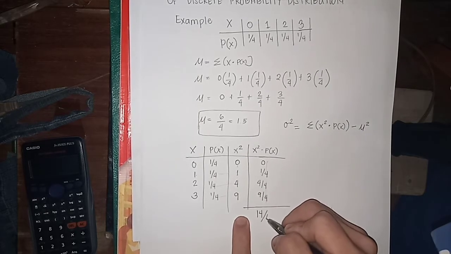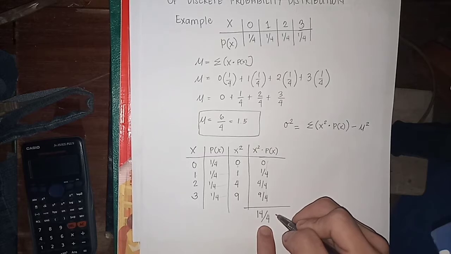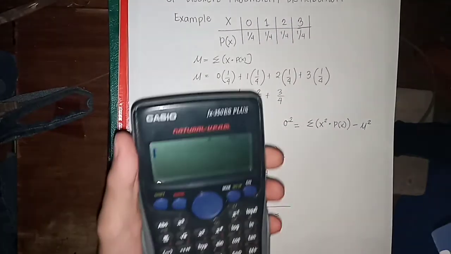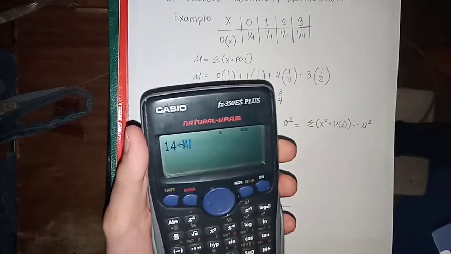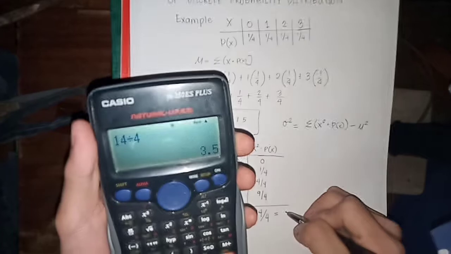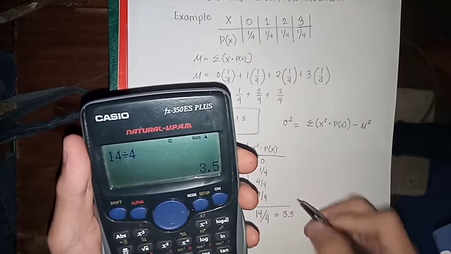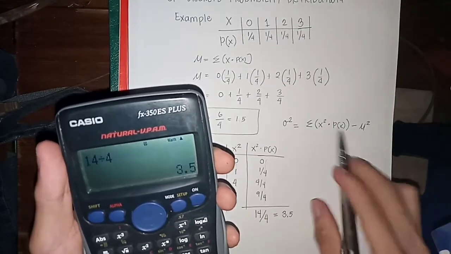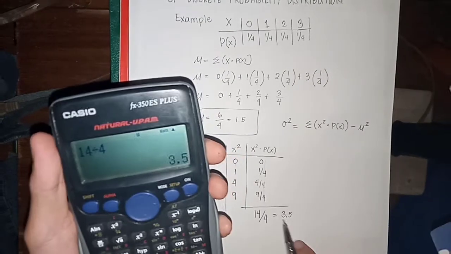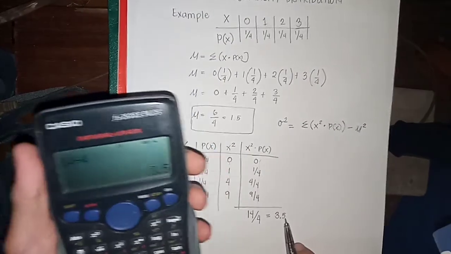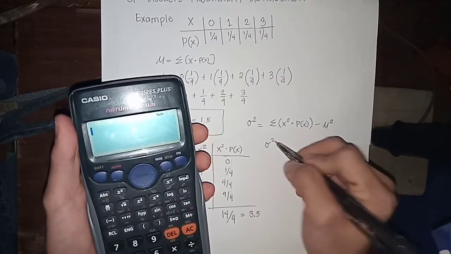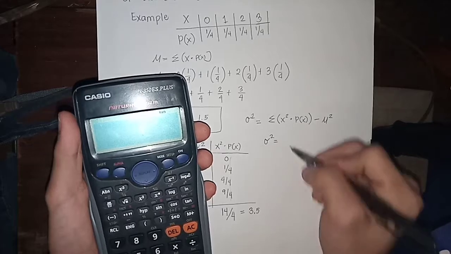Okay? Divided by 4. And if I divide it by 4, the answer is, kakalkul lang natin, so that is 14 divided by 4, that is equal to 3.5. So, ibig sabihin, 3.5 ang sagot. No? So, nakuha na natin yung summation of x squared times p of x, which is 3.5. Okay? After that, ima-minus natin yung square ng mean. Okay? So, ibig sabihin, ang variance, nakuha na natin yung value nito. Ang value niya ay 3.5